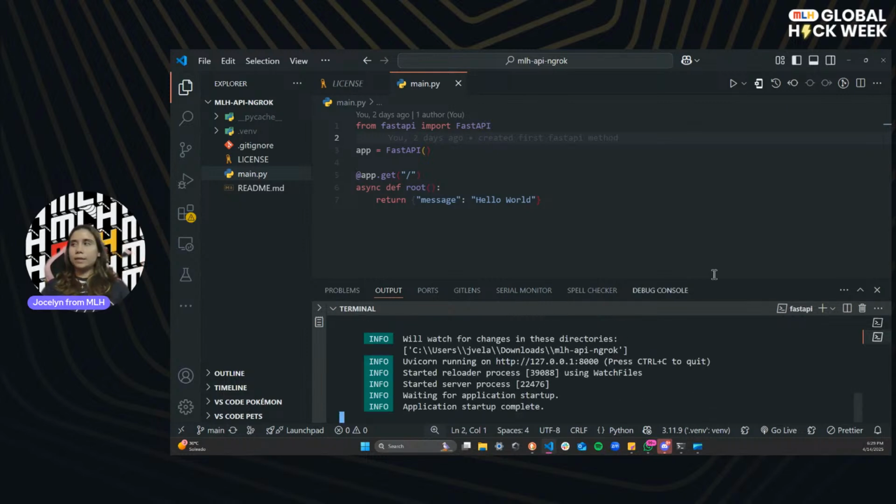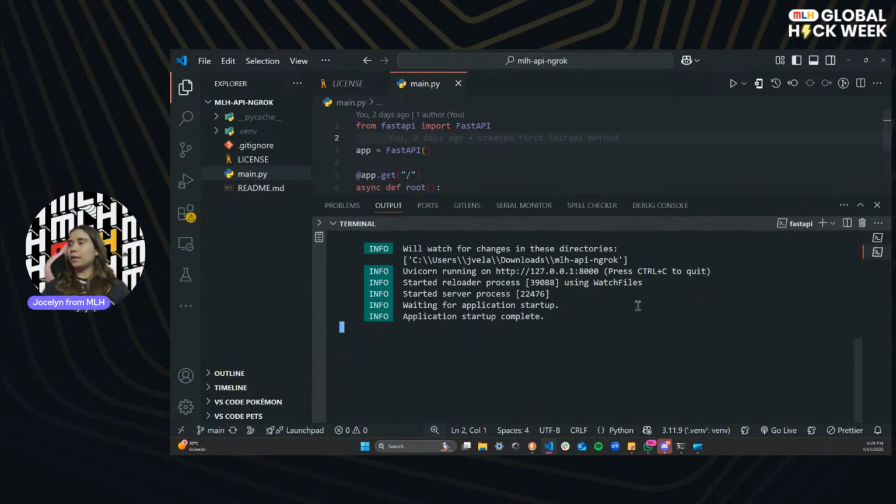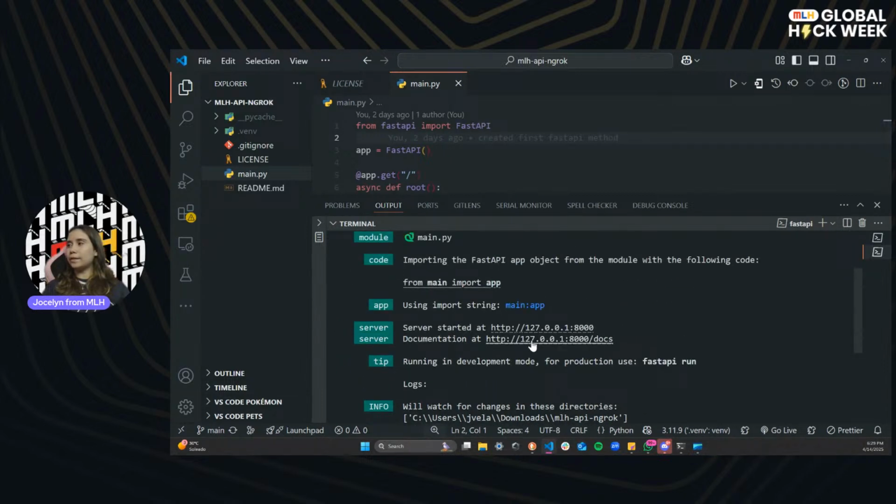So this will basically get our API running, and let's keep in mind that this is only localhost, so it is hosted on port 8000 on our computer. So if we were actually trying to use this API for a project where we want more people to interact with it, then they won't be able to do so, because this API is only available on your local computer. So if we actually open this in a browser,